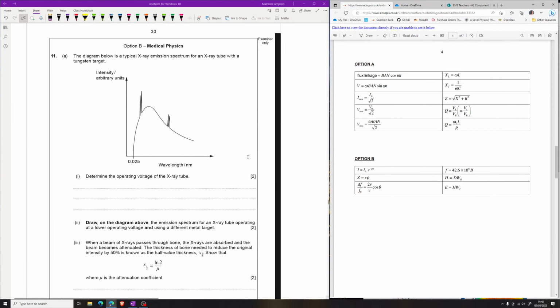This is option B, medical physics. Hopefully I'm actually able to do this. I haven't looked at this in a little bit of a while. So